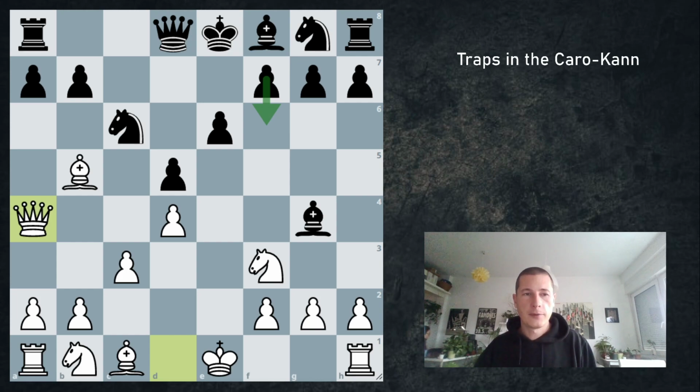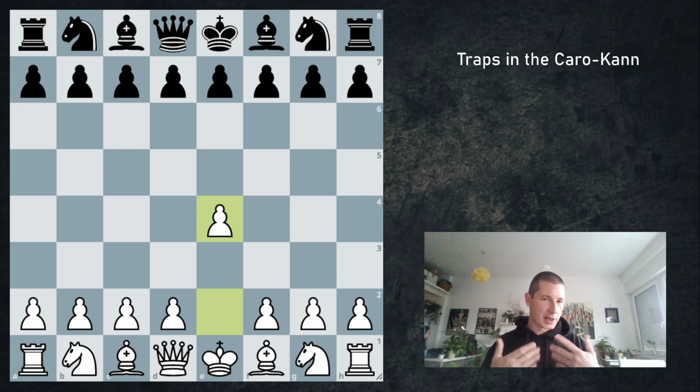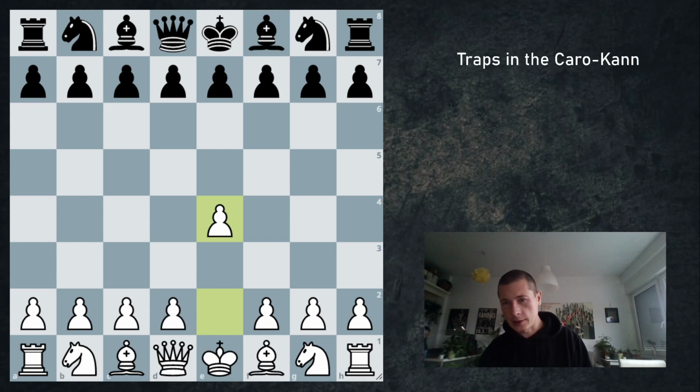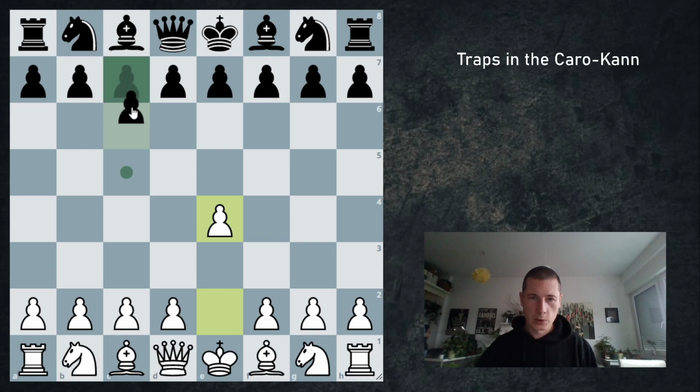Okay, the final trap I want to show you is the trap that happens in the Breyer. Now, this variation is weird for white, and it's not the best way to play, but it's not losing or anything. Black should have a slight advantage, and you could win in 7 moves. So c6, d3,